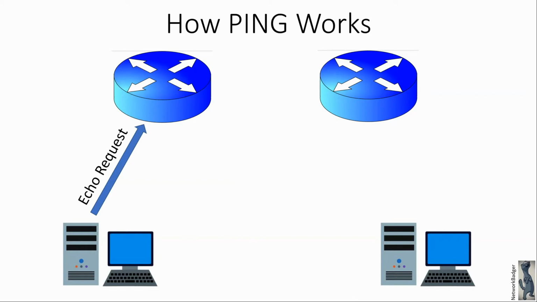Our ping reaches the first router successfully, reaches the second router successfully. Now the second router should be forwarding that ping packet to the destination, to the computer on the right, but there's something misconfigured, so the router, instead of sending the packet to the destination, sends it back to the first router. So this is our routing loop here,